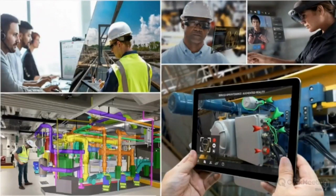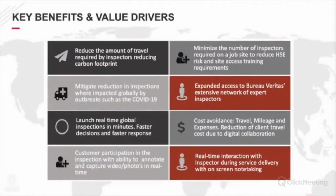So if we want to think about what those value drivers are a little differently, we can go into specifics about it. I'm going to start on the top left-hand side here. As we think about being able to connect into sites, one of the obvious and biggest value drivers is the fact that we don't have to spend time traveling to that site. The impact of that reduced travel is that it ultimately reduces the carbon footprint that we're creating